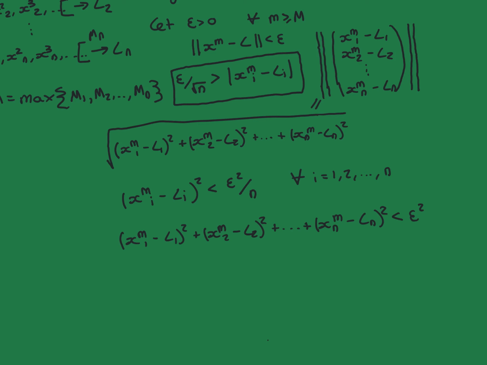Now, of course, what I'm going to do is take the square root of both sides. Both sides are non-negative, so I can take their square roots, and I can take the square root without it affecting the inequality. So take the square root of this and the square root of this. So I've put in the square root sign over the sum of squares here, and then I've square rooted epsilon squared to make it epsilon, and I've now got the inequality that I wanted to show, which is that the norm of this vector here is less than